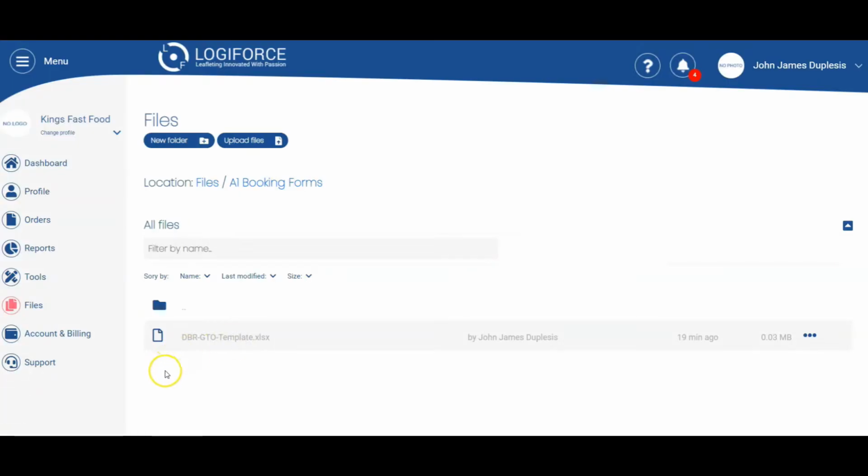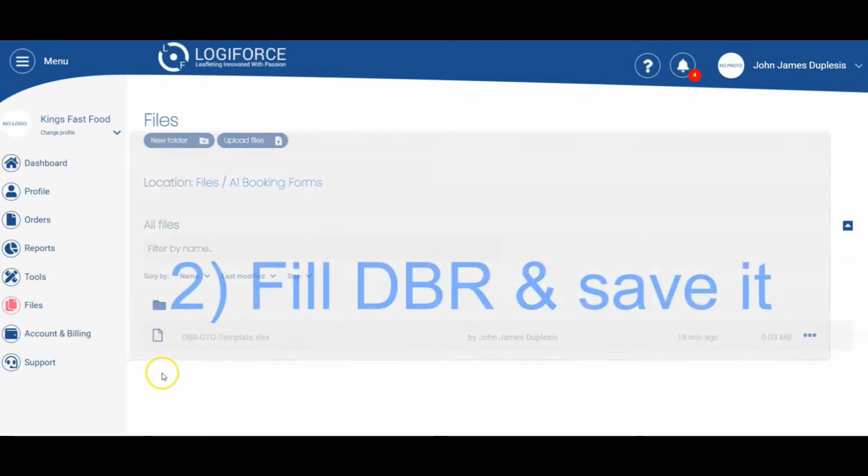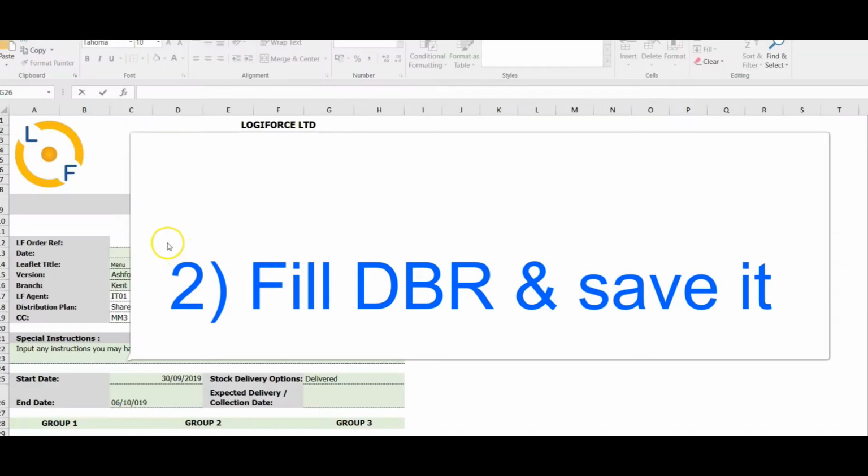As you can see, it's downloaded, and the next step would be to open it up and fill it. Let's take a look at this file as we fill it up. So I've opened up the downloaded DBR file. As you can see, having filled in the various necessary fields in green,